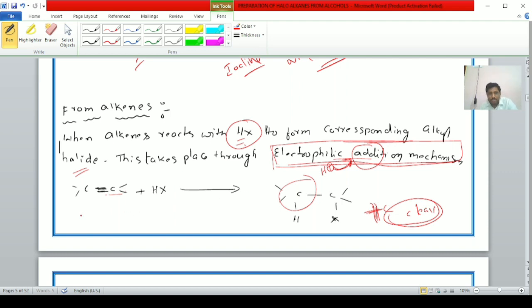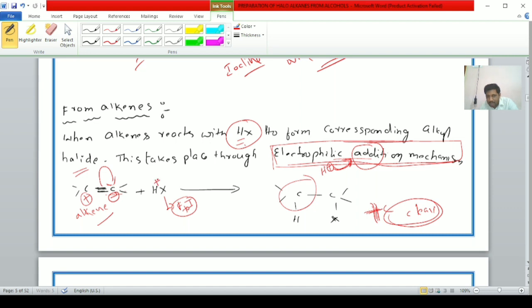For example, the general structure of alkenes will be like this student. C double bond C, each carbon atom is having 4 valencies. HX, hydrogen halide, here X stands for fluorine to iodine. Here what happens student? The pi electrons are always delocalizing in nature, hence the pi electrons of the pi bond move from one carbon to another carbon. Hence this carbon atom gains pi electron density, negative charge is developed. This carbon atom loses pi electron density because of shifting, here positive charge will be developed.